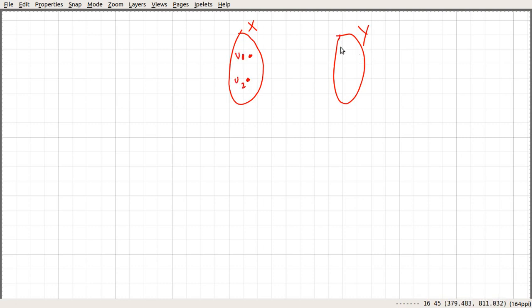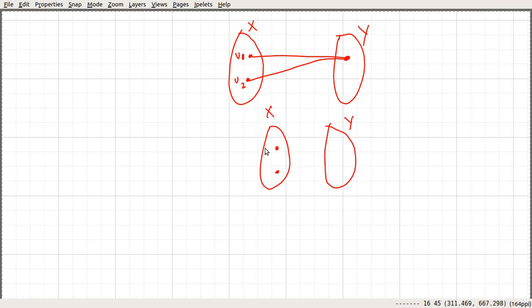Again we can see that v1 and v2 must be adjacent to exactly one element in Y. Otherwise, what is going to happen is this: suppose that v1 and v2 are not adjacent to a common element.